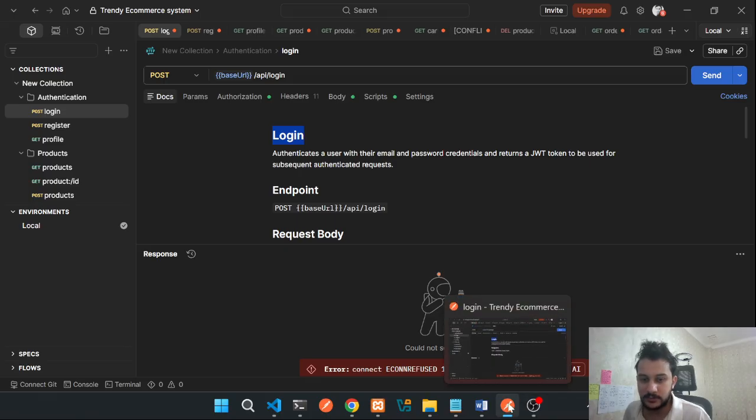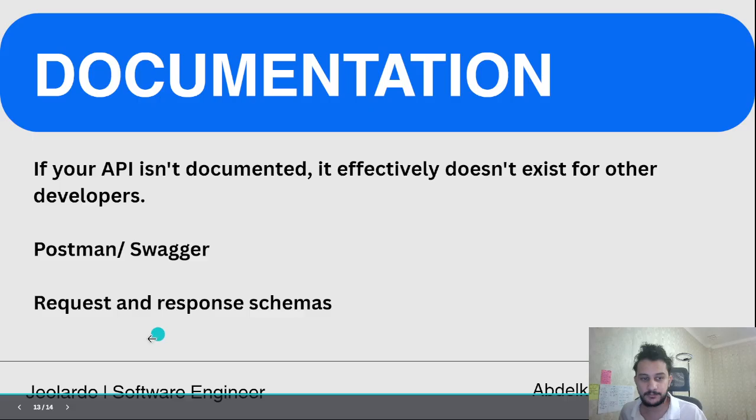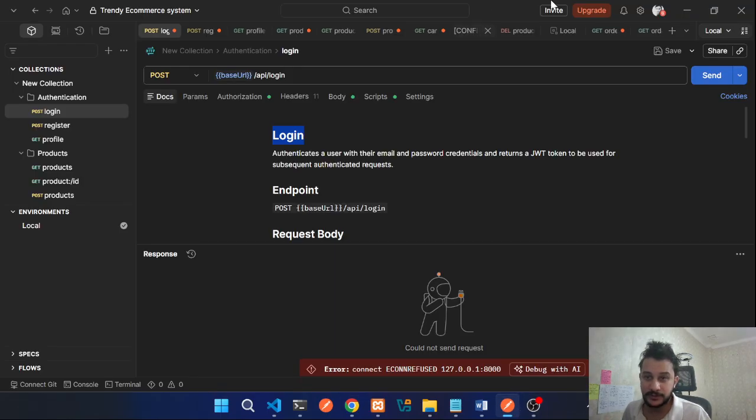Okay, so these are the most important things that you should know about APIs. Here you can use Postman and Swagger. In our case, I use Postman because it's simple to use and easy to understand, and I recommend learning Postman to build your API, to structure your resources and different endpoints with different